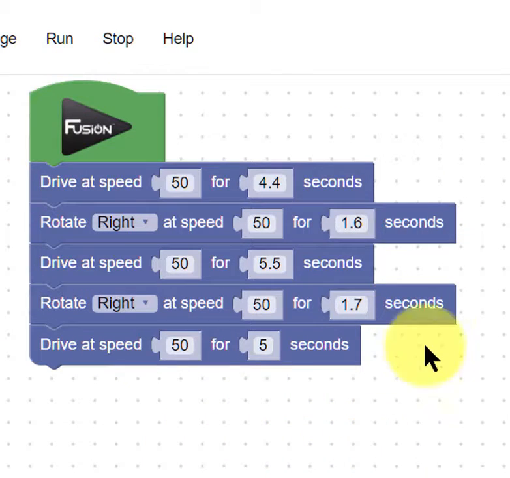How do we get these numbers? As I've said, we've used trial and error in this case, and we've done it before, and so this is what happened when we actually ran it. Click Run,